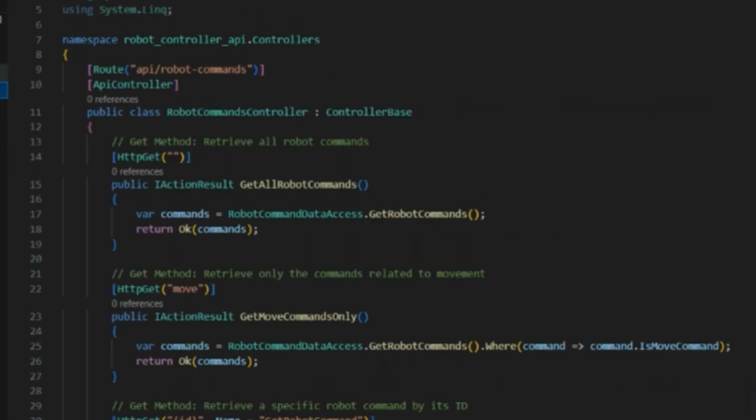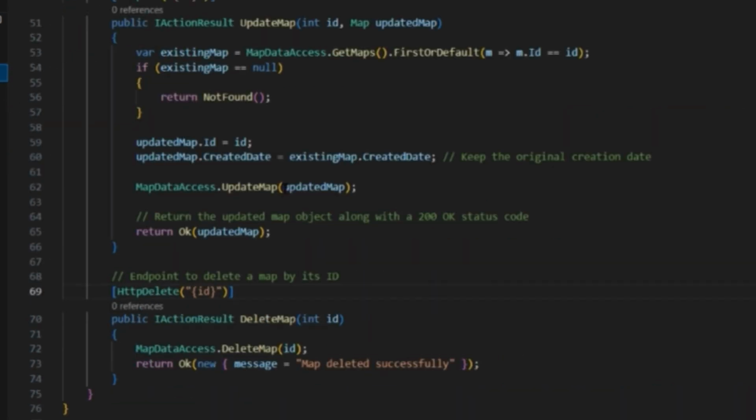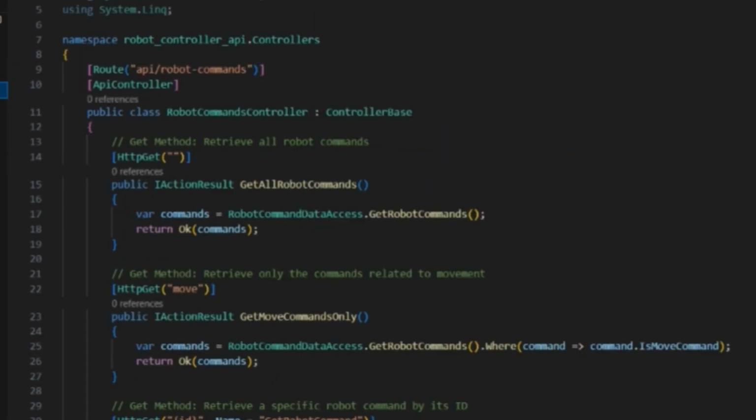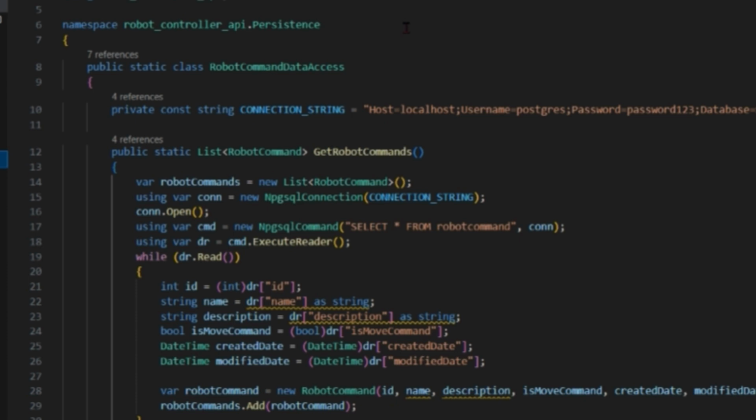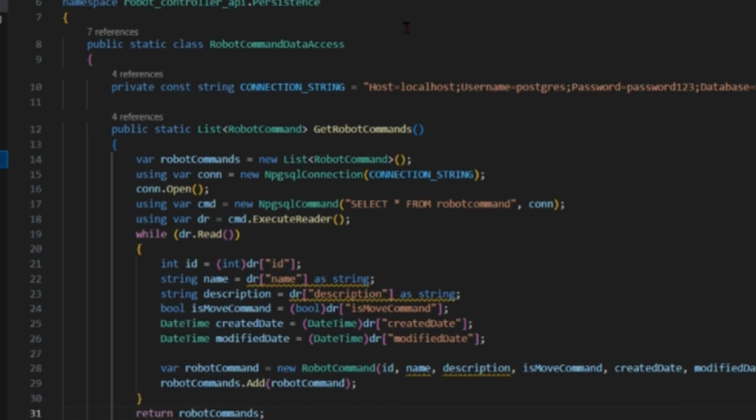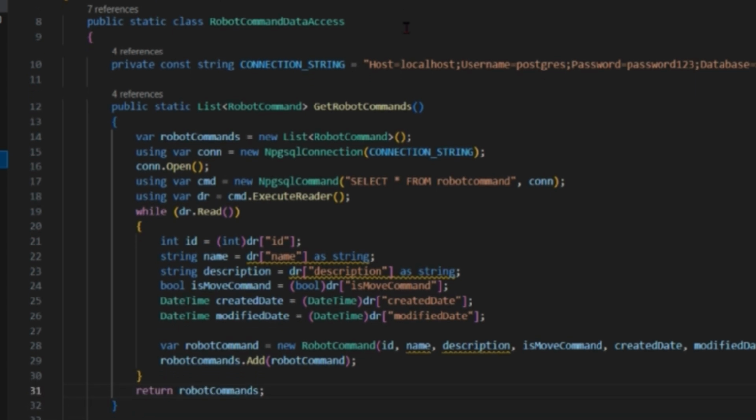So first, these are the files we have already studied: map controller and robot controller. Now we'll study map.xs and robot controller access. First we'll study robot controller access. In this code, we have used the namespaces and the header files which are required for the code to run, and